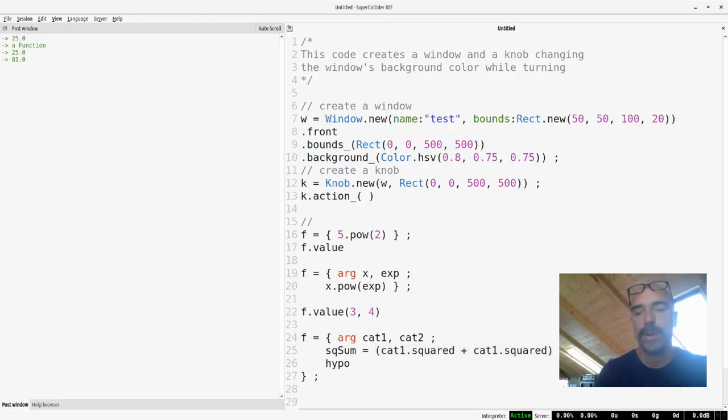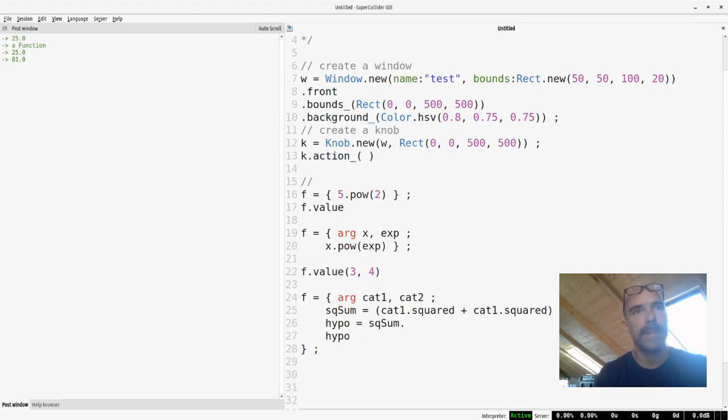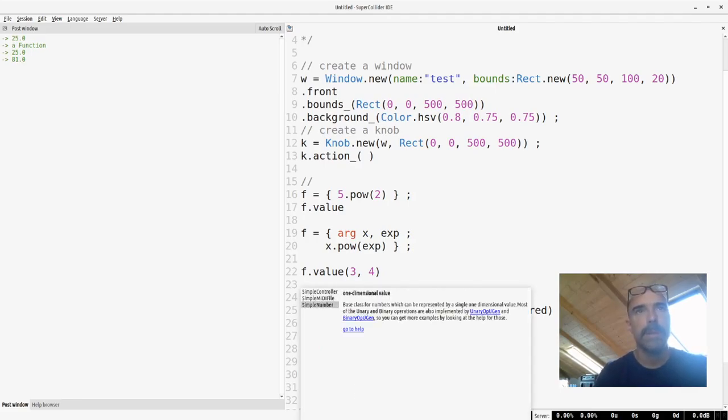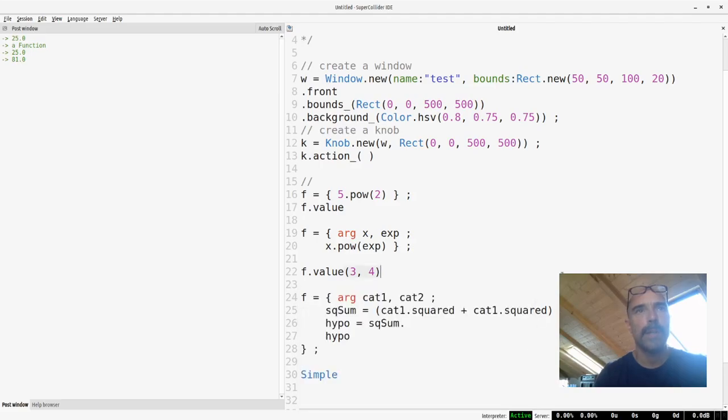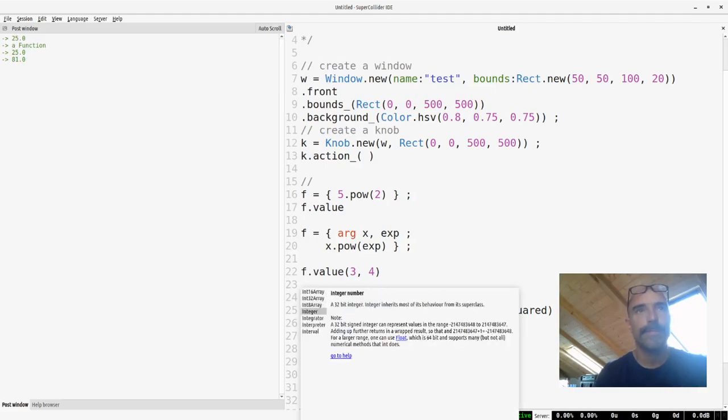We call it square sum. And then we might say that hypo is square sum. We need the square root in this case. How do we make a square root? Well, it's another mathematical operator. You might find all the mathematical operators under simple number, or under integer,